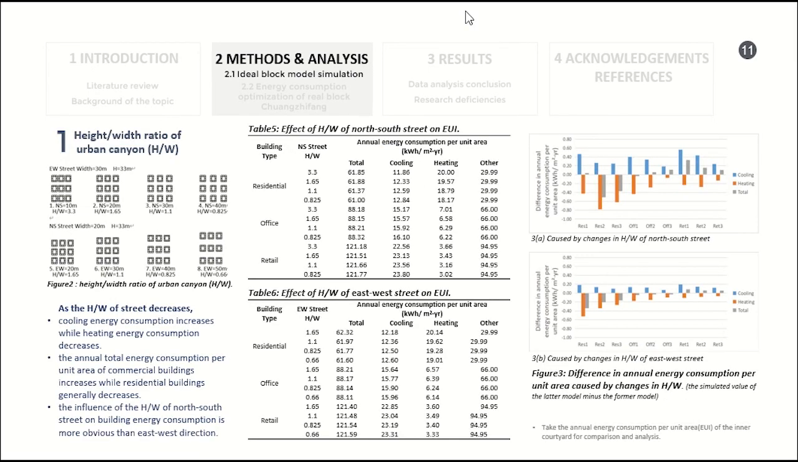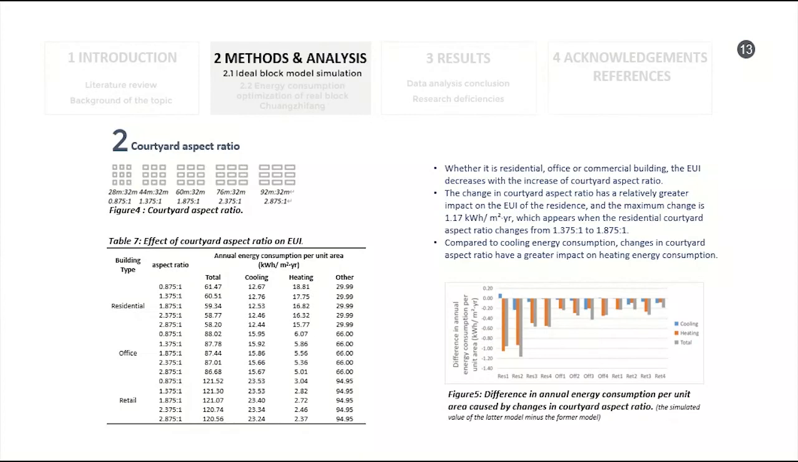It can be seen that as the height-wise ratio of urban canyon decreases, cooling energy consumption increases, while heating decreases. On the whole, the influence of height-wise ratio of urban canyon of north-south street on building energy consumption is more obvious than that of east-west direction. As height-wise ratio of urban canyon decreases, the EUI of commercial buildings increases, while residential buildings generally decreases. The EUI decreases with the increase of courtyard aspect ratio. The change in courtyard aspect ratio has a relatively greater impact on the EUI of residence